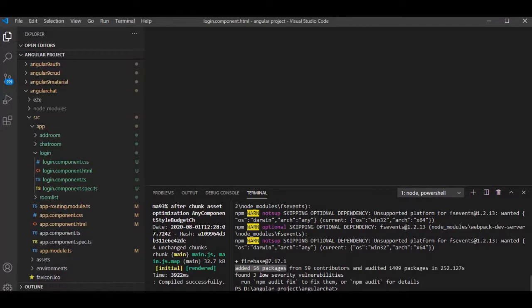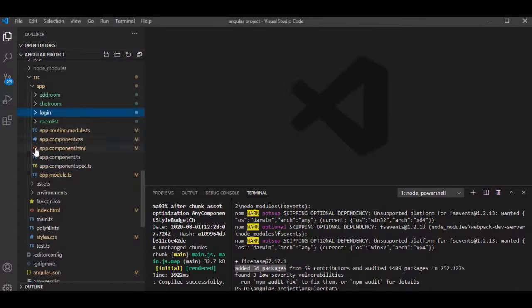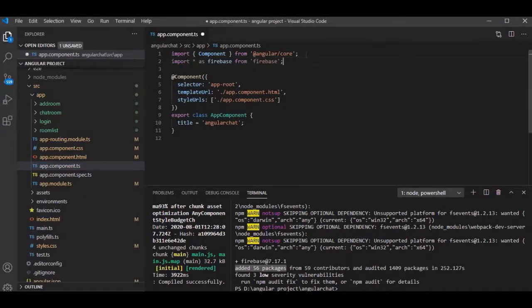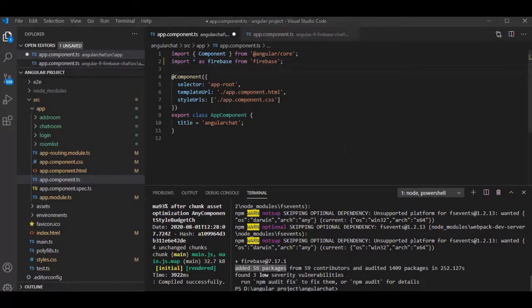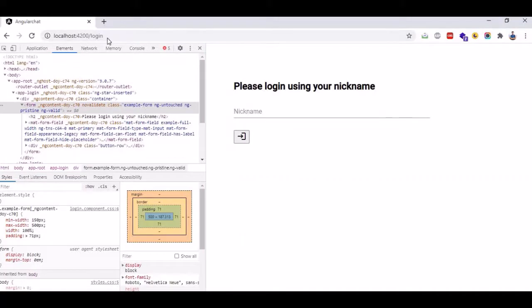Now we can connect with a real-time database. So we can go to the app.component.ts file. Here we can add the connection. First of all we need two URLs. One is a web API and second is a database URL. So we can create a constant variable config, and you can see here are two variables, API key and database URL. So first of all we can go to